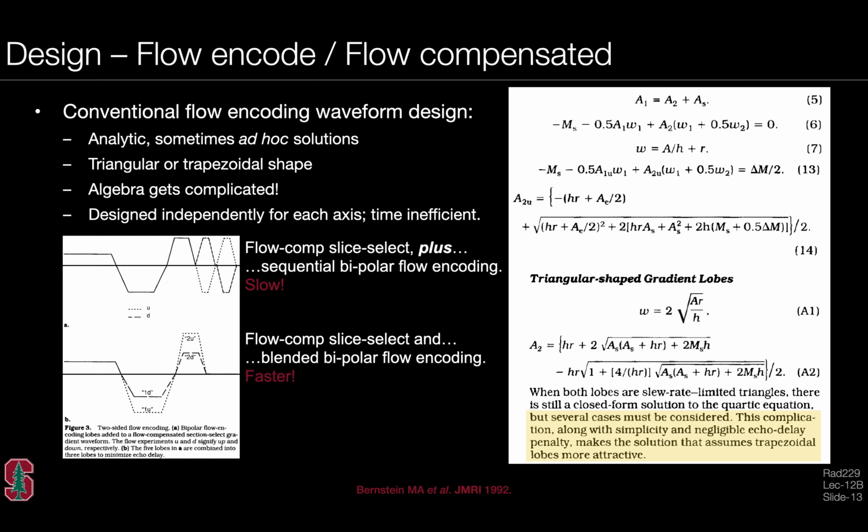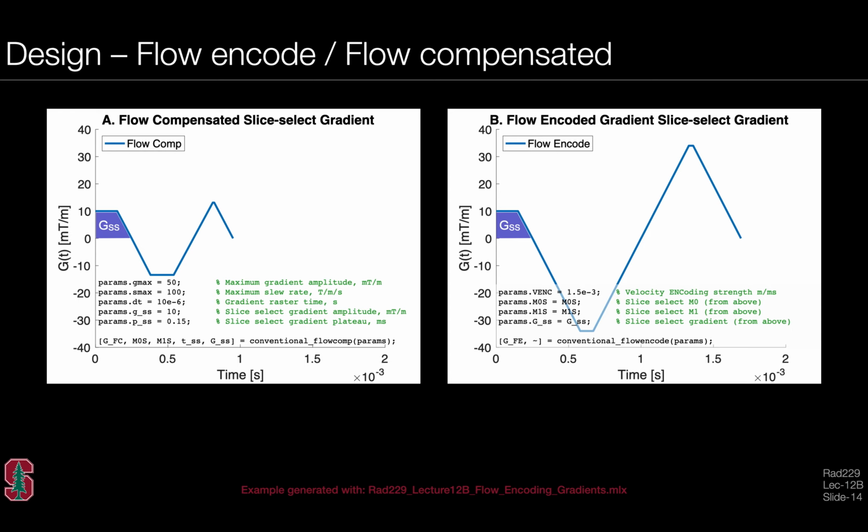And so we seek to work towards an understanding of optimization methods that will enable fastest possible scanning under any set of constraints. So here we use some simple MATLAB code, something we'll review in the live lecture, that just uses the conventional flow encode and flow compensated algebraic expressions to compute gradient waveforms. On the left-hand side here, we have a flow compensated slice select gradient. You can see the end of the slice select event here, and these gradient waveforms here ultimately produce flow compensation